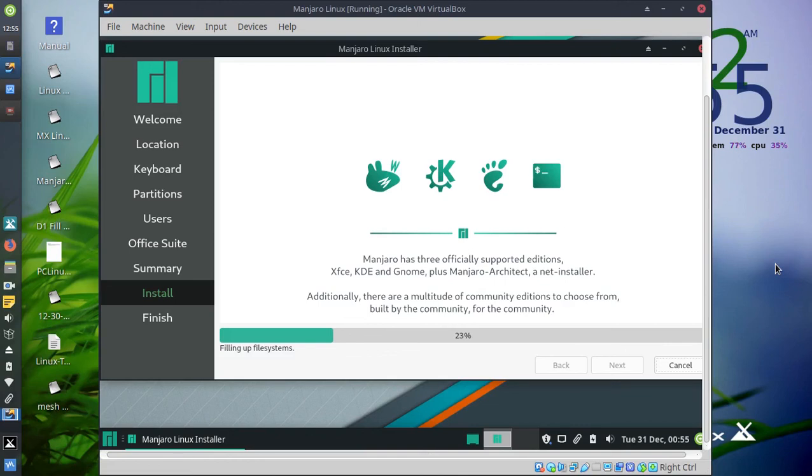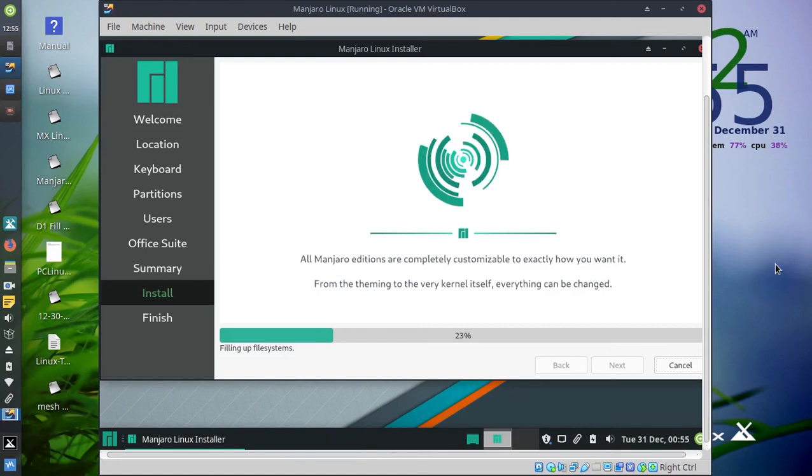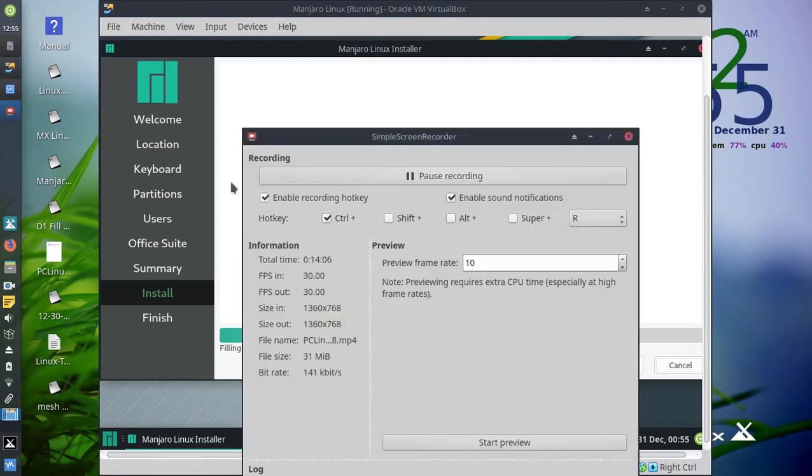Now, another option is MX Linux 18 or 19, depending on if it's compatible. I've had a problem with MX 19, had to revert back to 18. In this particular case, it ran fine on this particular laptop. So we're going to let this install, and this is where we're at. So soon as it's done, I'll give you the next screen,